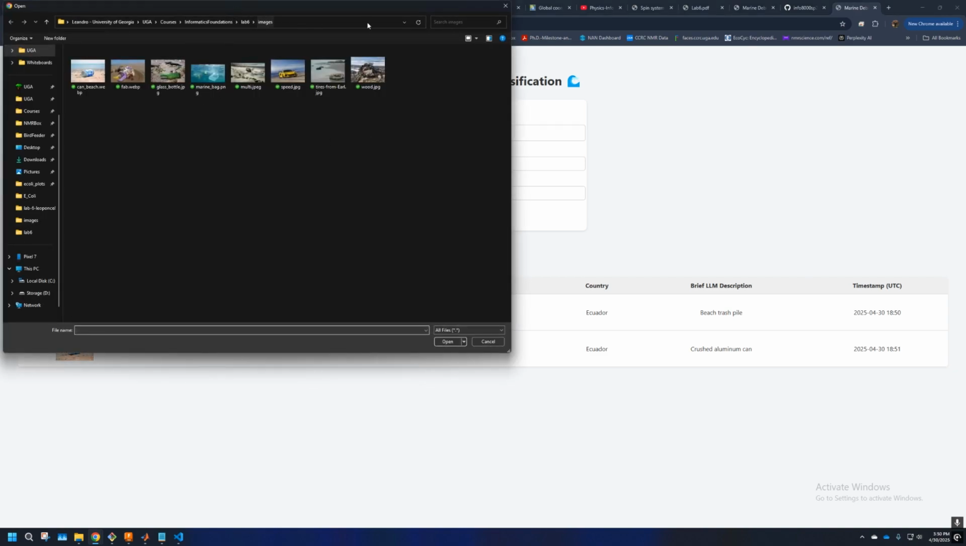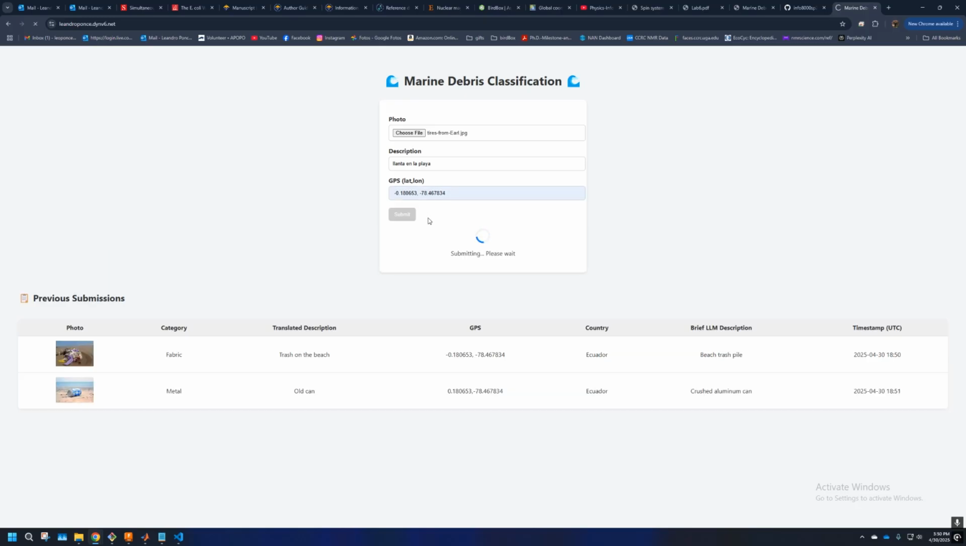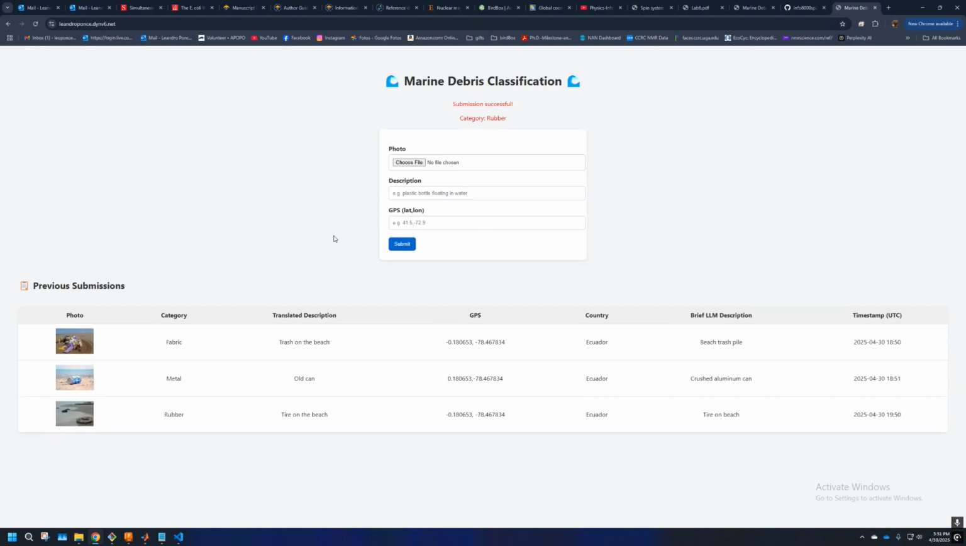I have a bunch of pictures here that I've downloaded before, so let me just use this one. You can put a user description that is not necessarily in English, so I'll write one and just have some coordinates here from my home country. Once you click submit, it will take a little while to prompt the language model with the picture, and eventually we get a successful